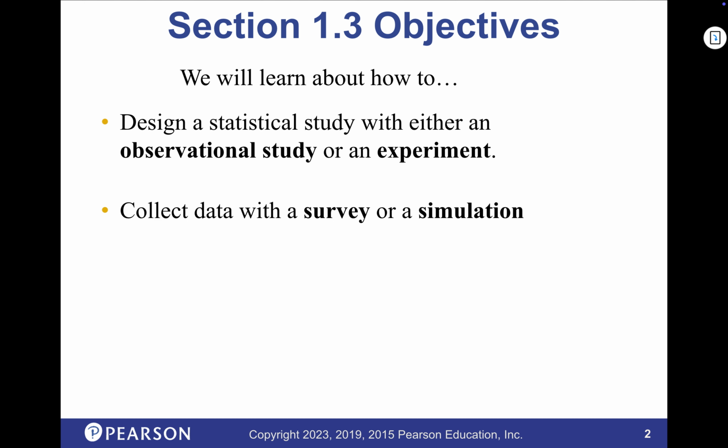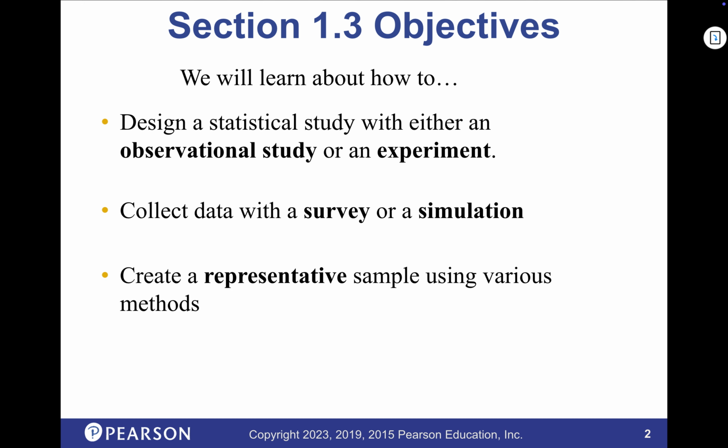Good. We collect data sometimes with either a survey or a simulation, like with a computer. We'll talk about that. And you'll know how to make a representative sample. We talked a little bit about sampling methods, right? Or did we? Or is that we're going to do today. But we've talked about the difference between a sample and a population, right? And the sample is helpful as long as it looks a lot like that population. If it's very different from the population, maybe a segment, it's not going to be represented. Then our study doesn't really have much value.